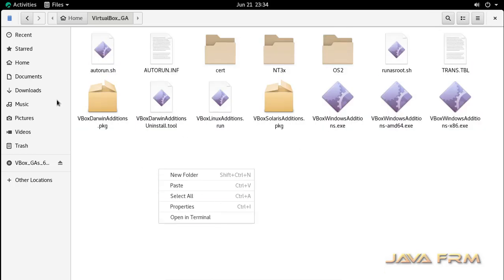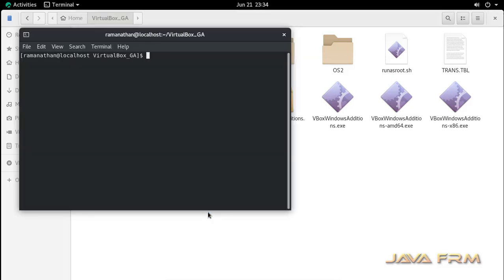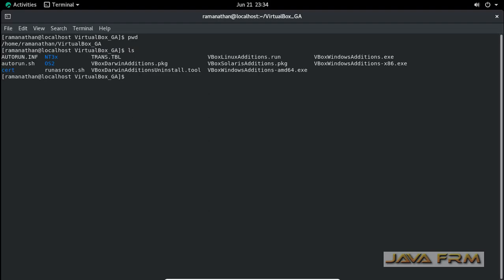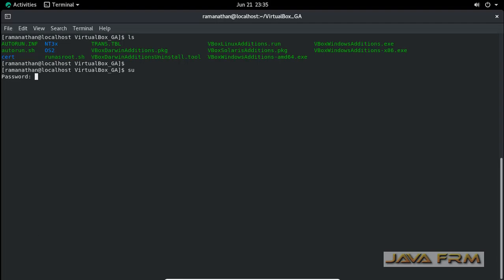I am opening the terminal here. Log in as the root user, then only you can install this VirtualBox Guest Additions software. Before that, I am giving permission to the directory. Okay, I am logged in as the root user.